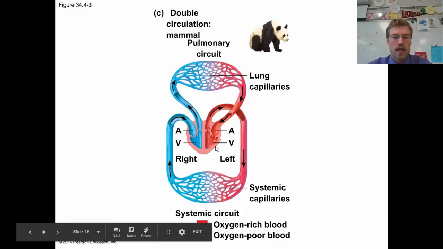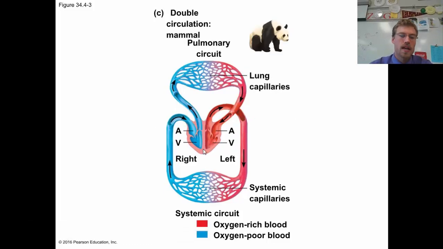In a mammal's system, we actually have a separation of the 2 ventricles, which means that the deoxygenated blood is separate from the oxygenated blood. And why this is important is that mammals are warm-blooded animals, and so because of that, they need to have more oxygenated blood. You need to have more efficient blood because you've got to create more energy in order to maintain that internal